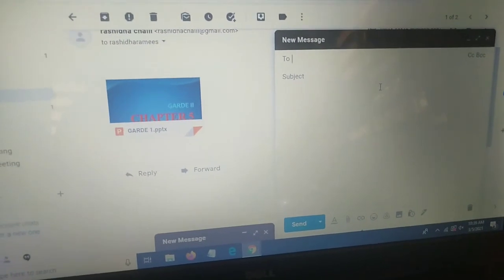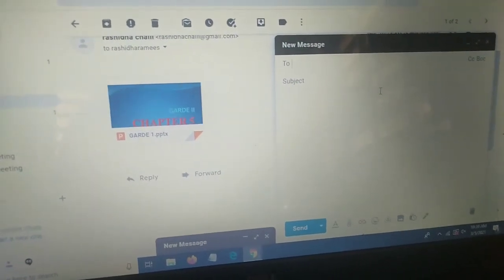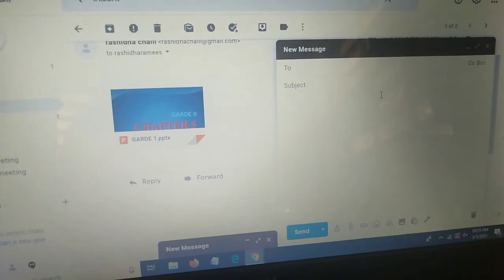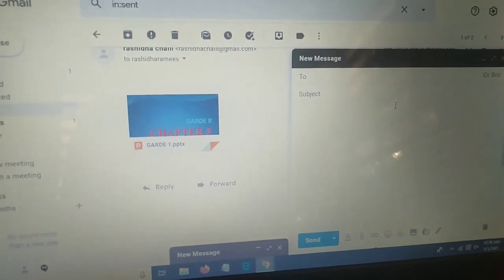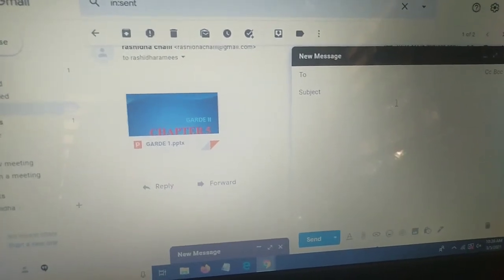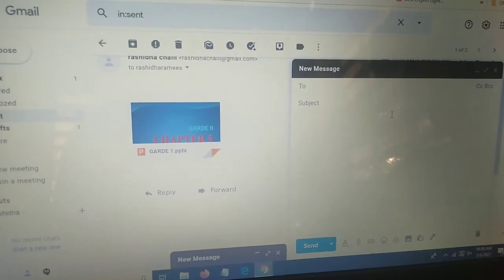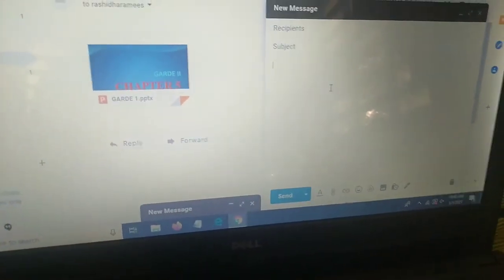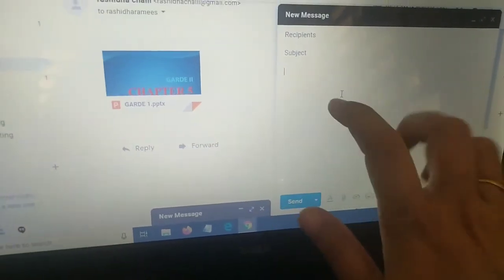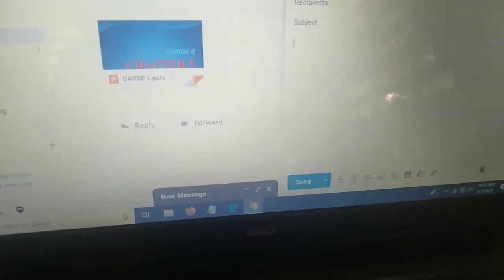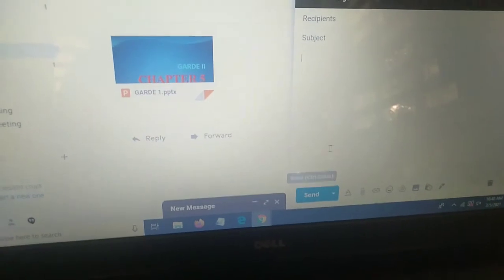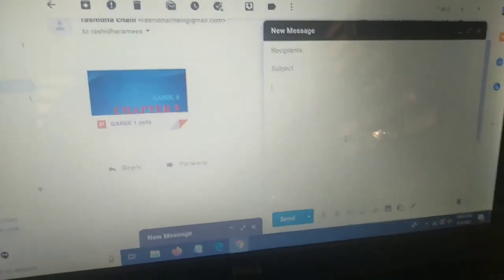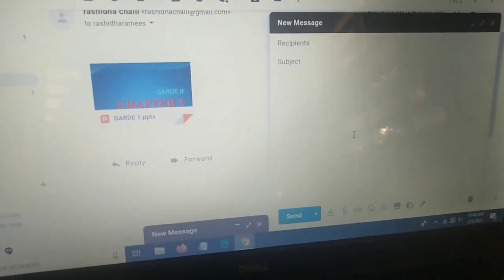This is like the CC, except the person to whom we send this message remains invisible. Then we can type our message in this area. Then we can click on the send button. Then our message is sent.